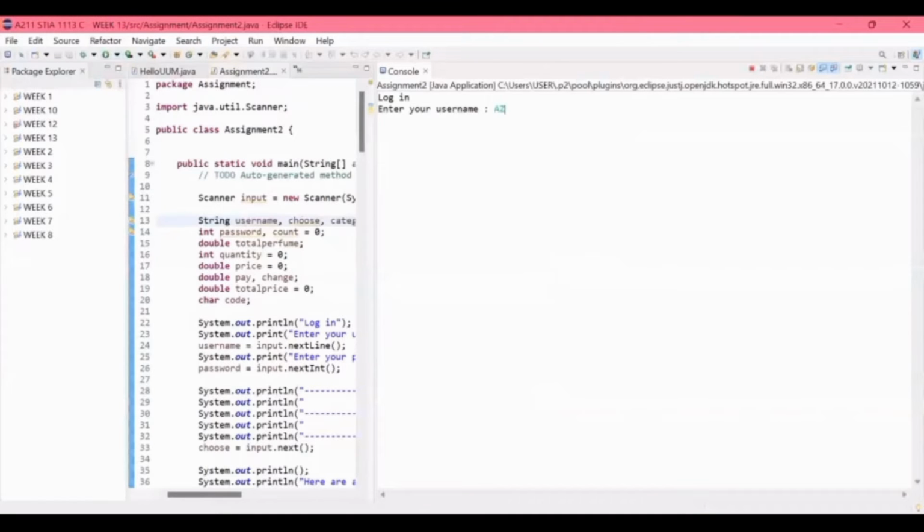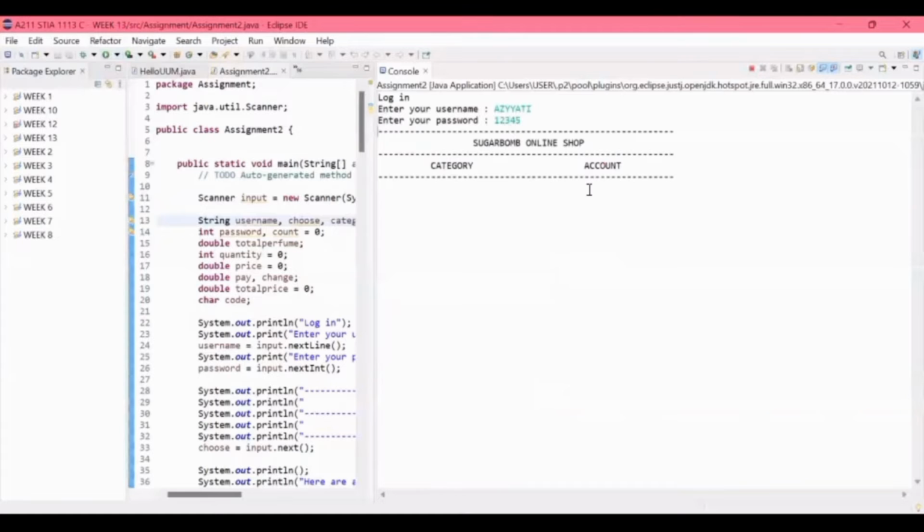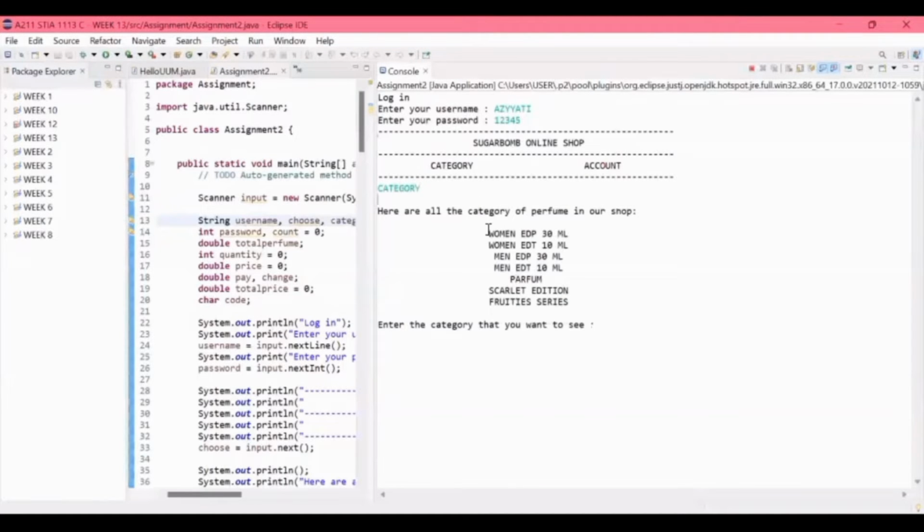We can insert our username first and then our password, and the sugar bomb online shop will be shown in the system, and we can insert a category, so all the categories of perfume will come out and we can choose any of them. For example, woman EDP,